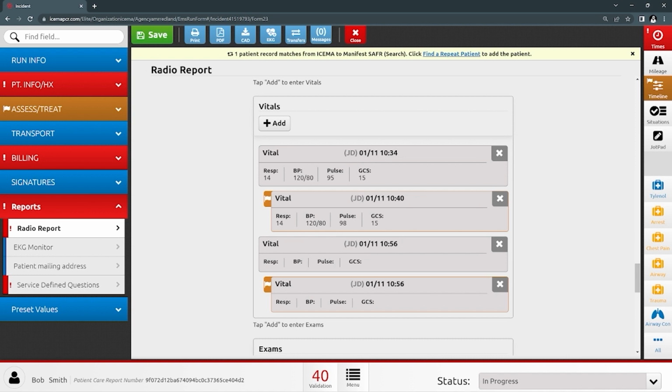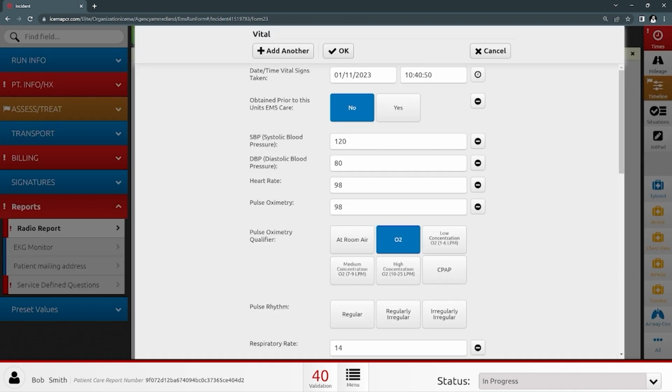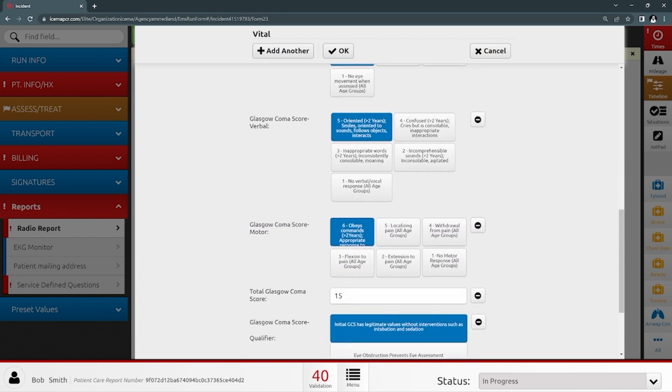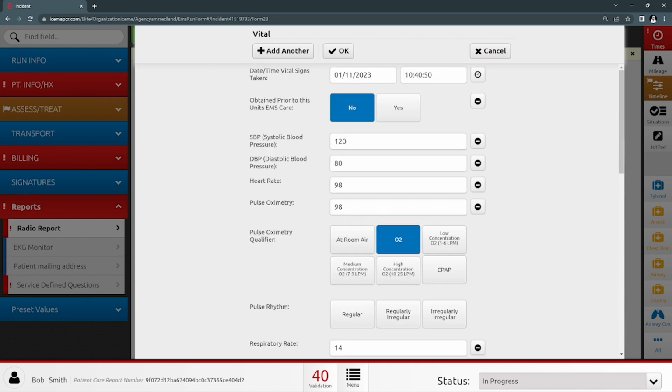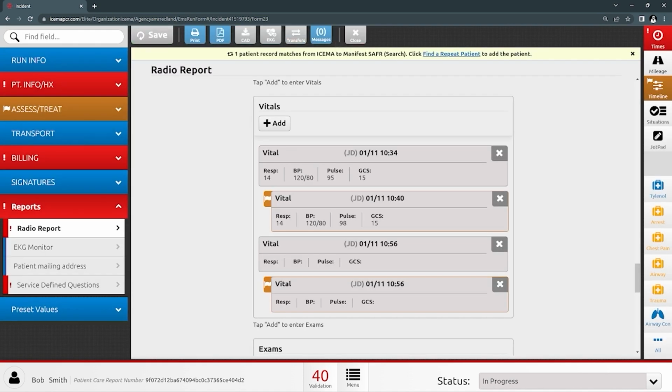When you access the vital signs from this field, they're abbreviated. You can tell by these little bar icons here that there's already some stuff that's missing. Let's look at this flagged one here. You have your blood pressure, heart rate, pulse ox, and your GCS, and that's about it. Okay, so if I enter something right here, let's say at